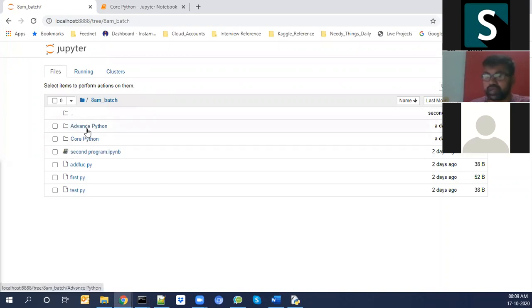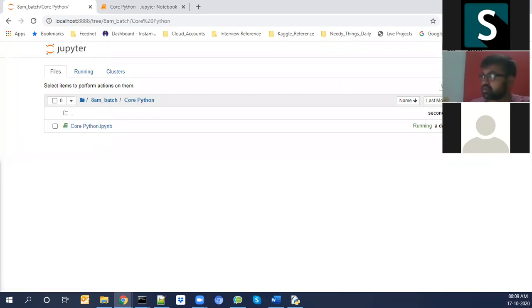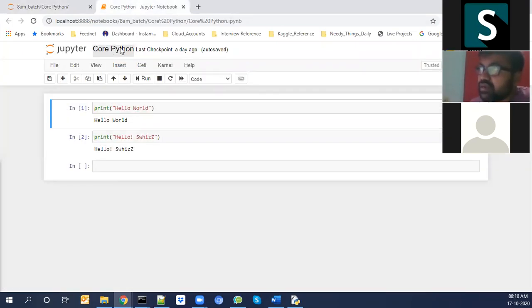In that, you created two folders, core Python and advanced Python. In core Python, open a new Python file by tapping on Python 3. It will open a new Jupyter notebook. In the untitled column, you can write your own name, like core Python practice, or whatever name you want.